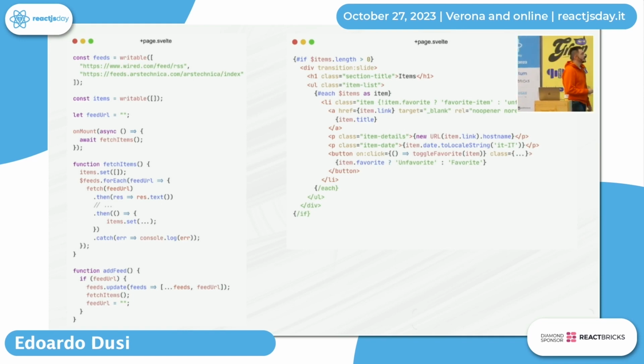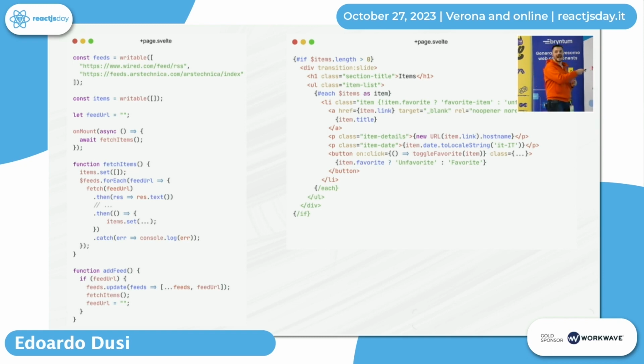This code is a bit different, okay? We have something that looks closer to HTML. I would say it's just plain HTML with something more. And the business logic of the component is a bit different because I can use state management APIs that are built in Svelte. This API is writable, and I also have readable. But for this example, I need writable because I need to be able to write into my state. With readable, I only read. But with writable, I write. So I define my feeds, my items, and I want to write into them.